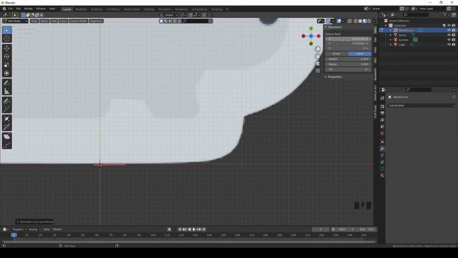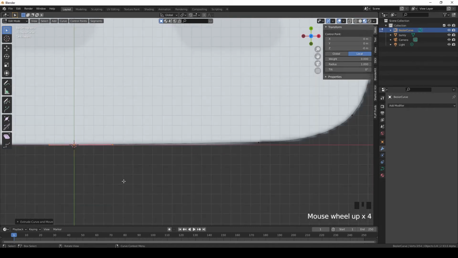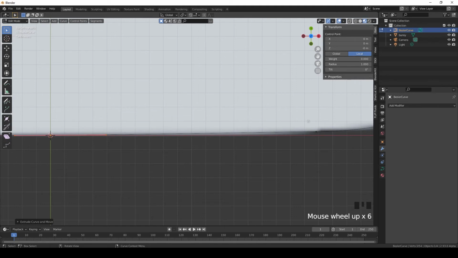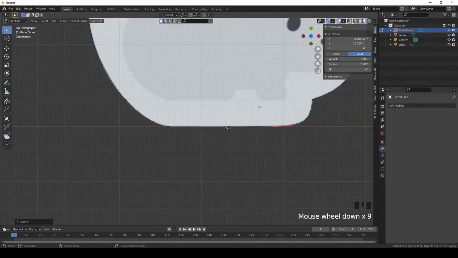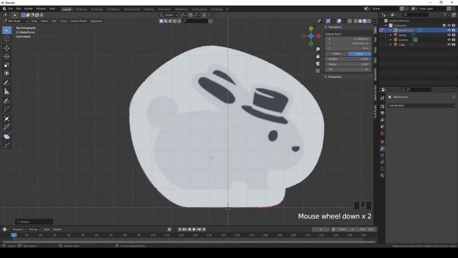Okay, and the last point, we want it to be in the exact same spot. So I place it roughly around the same place, but I just, again, put in the coordinates 0, 0, 0, and then it'll be in the exact same spot. And just make sure that the curve is right. Okay, the important thing about this method is just make sure there aren't too many points, otherwise you'll get weird